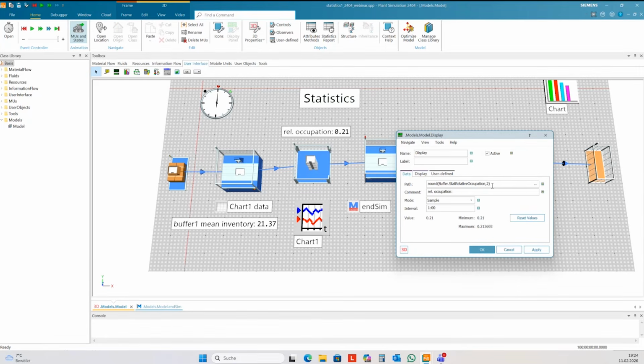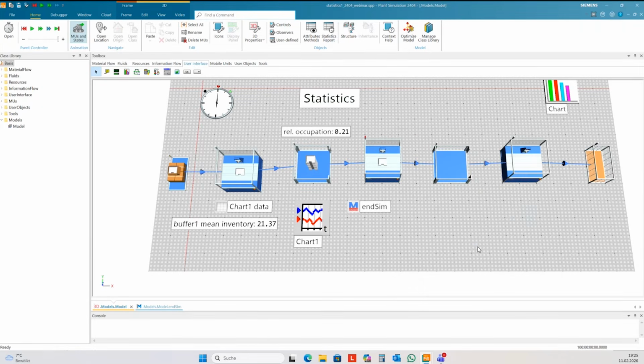And so you not only can show single values from stations here in the display, you can also show more complex results from statements here. Just try it out. Another way would be to restrict here the decimal places, but I wanted to show you can also type SimTalk code here in this path field. Okay, the display.